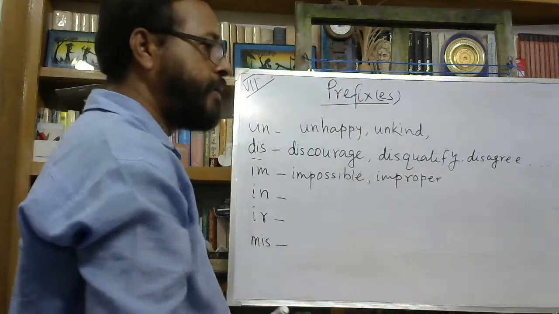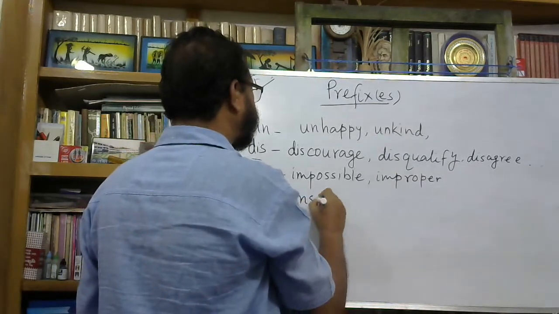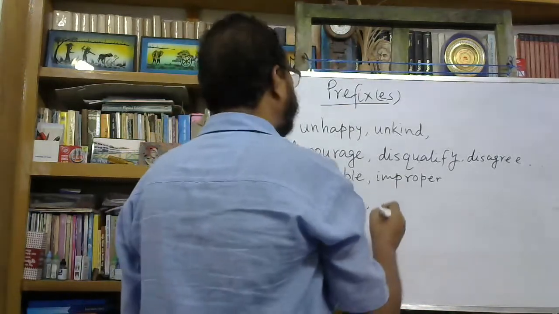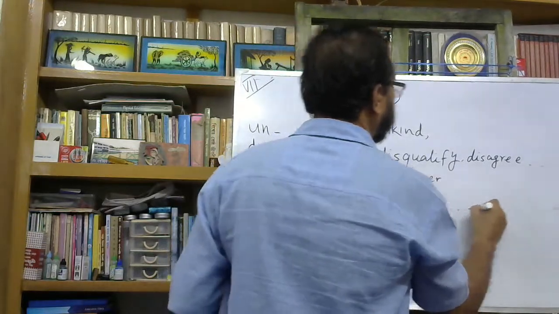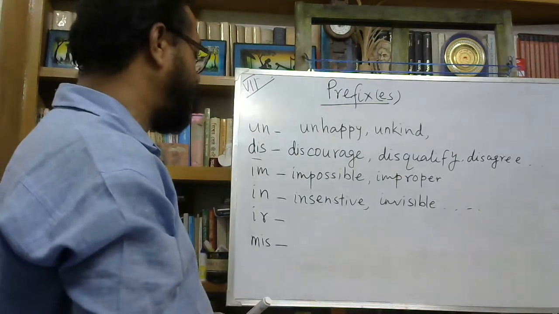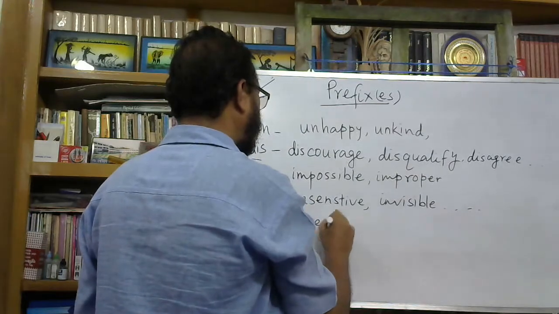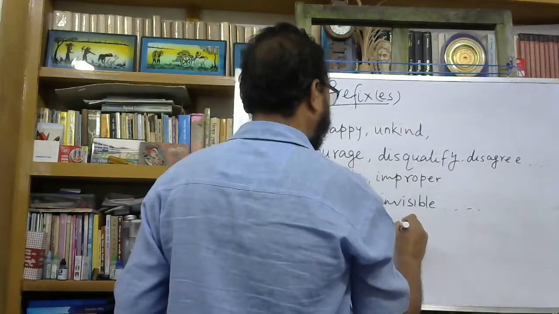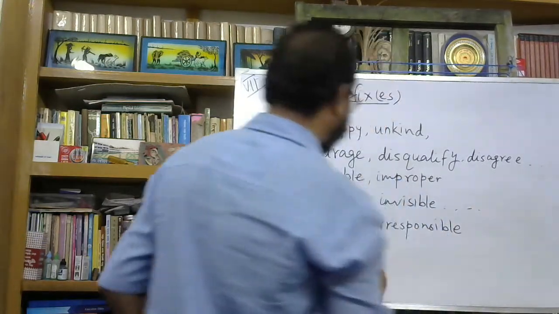Then insensitive, invisible, and there are many others. Then comes irregular, irresponsible, so